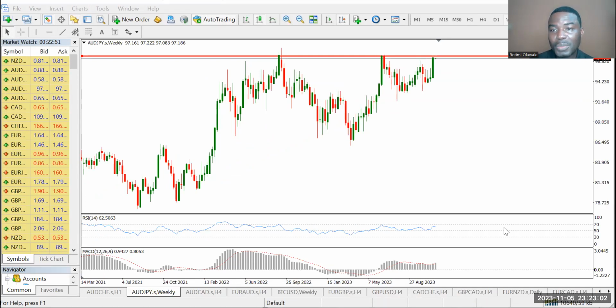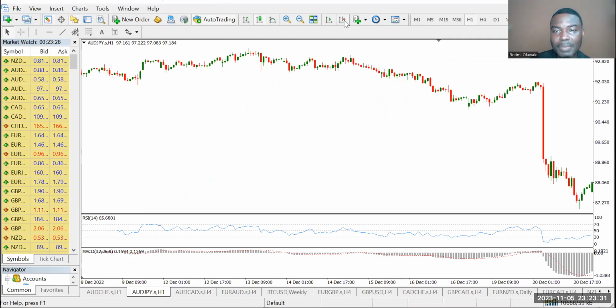All right, the next instrument we want to look at is the AUD-JPY, and this is AUD-JPY on the weekly time frame. You can see that price hit a resistance level on the weekly time frame at 97.477. Or let me say price got close because it's still about to touch it from the previous week. So if we zoom down to the 1 hour time frame,